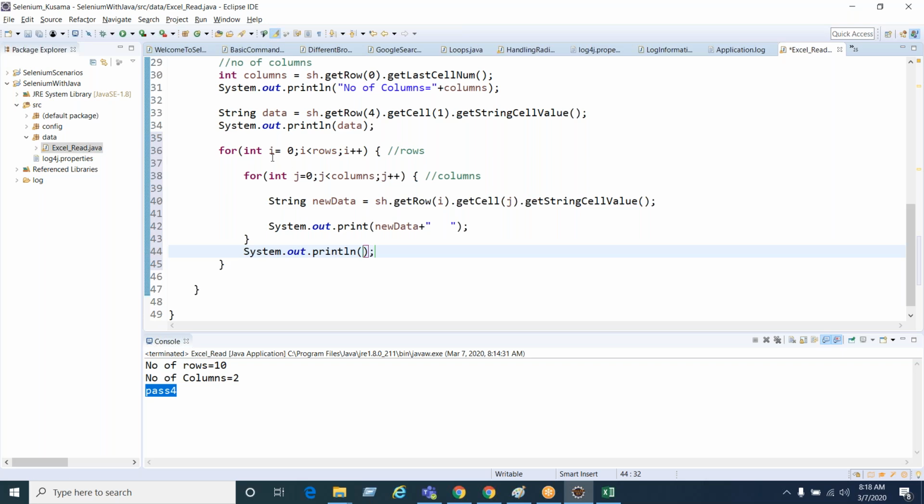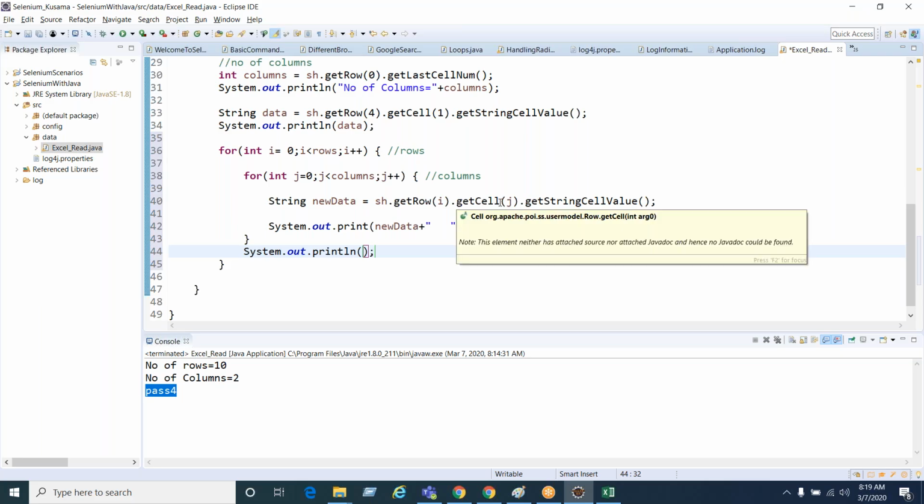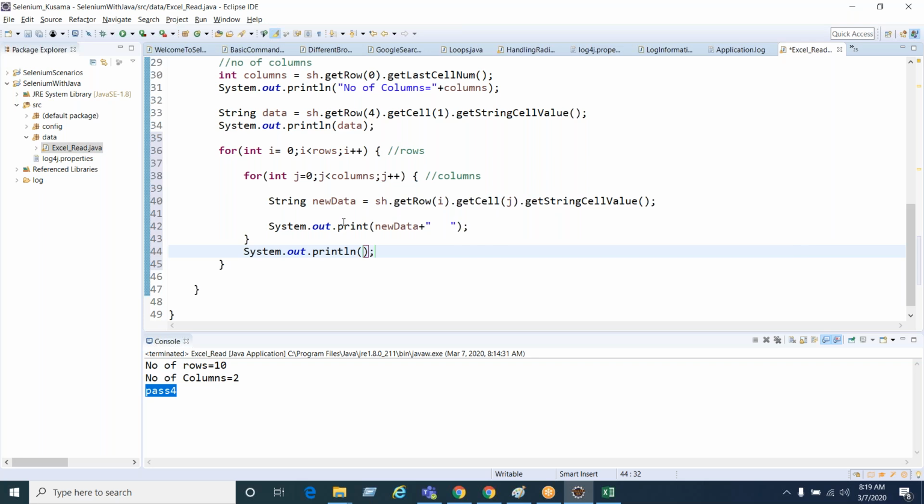So first, i is equal to 0. The condition i is less than rows, meaning 0 is less than 9, is true, and now it will come inside. Inside that, you have another loop. j is equal to 0, j is less than 2, and now you are getting get row of 0, comma, get row of 0 and 1. So first it will get the first row, first cell, and similarly